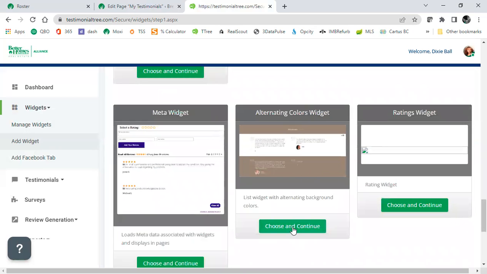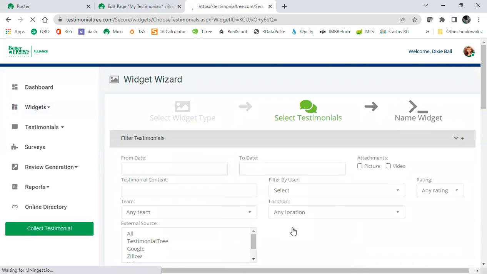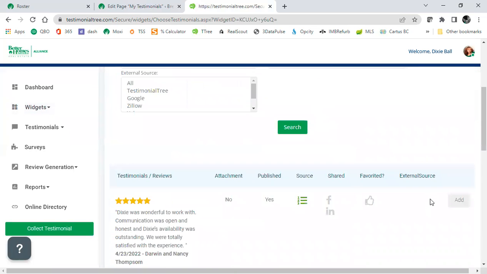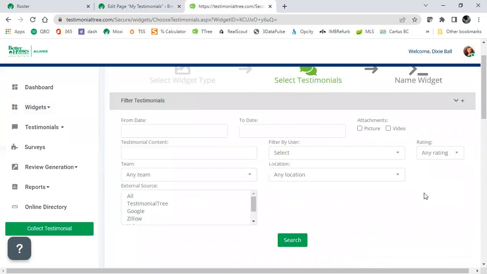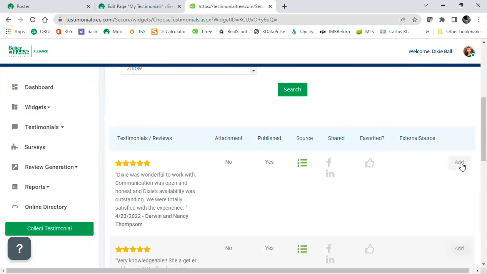I'm going to choose and continue the alternating color. And it's going to think for a minute. And it's got all this stuff up here that you really don't even have to fill in. Because here's the deal. We're going to add every testimonial you already have. And as long as you don't put an end date in here, every time you get a new one, it'll automatically go in, which is really what you want. So I'm not choosing a star rating or anything else. I'm just going in and saying, add this one,